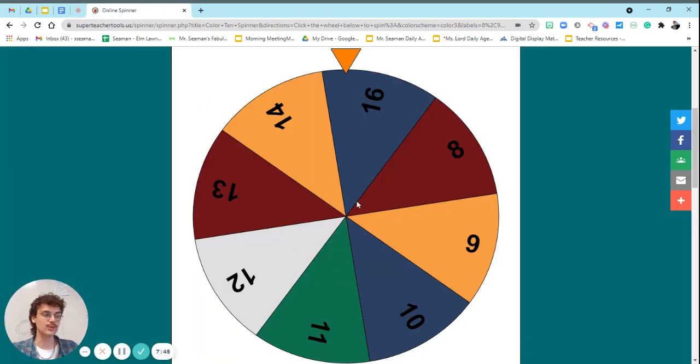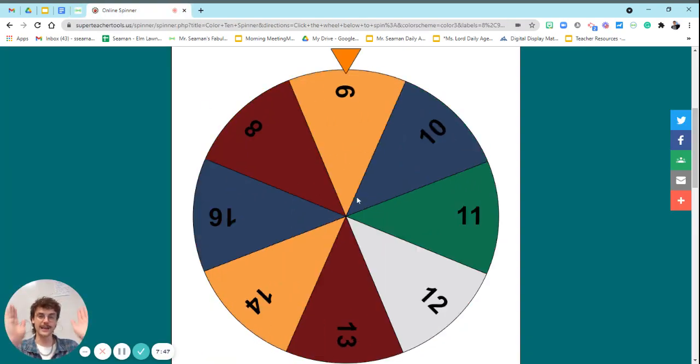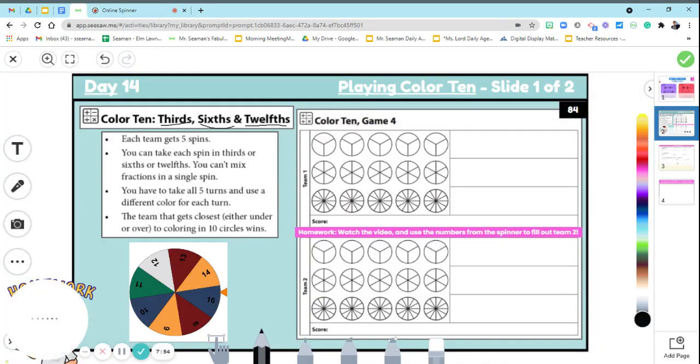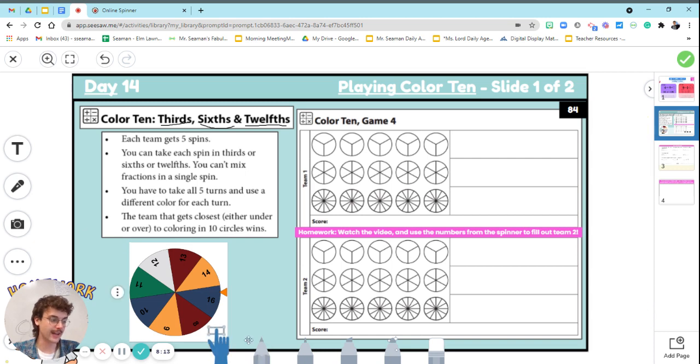So any number that you spin, here's going to be my first turn, 9. I'm going to choose a denominator. If I got 9, I'm going to choose a denominator that's either third, sixth, or 12th. Well, my goal, again, is to get to 10 completed circles filled in. 10 of these circles you want. So if I want to get 10 of them, I'm going to choose 9